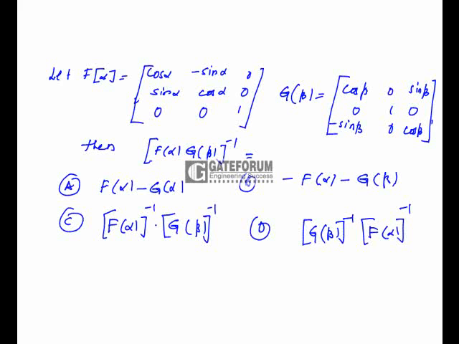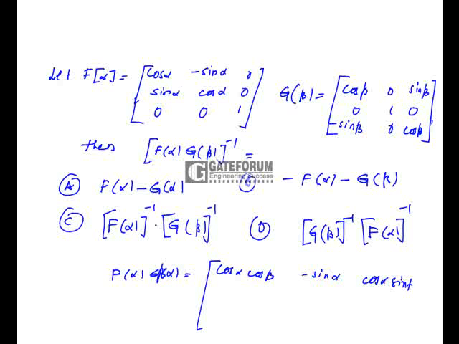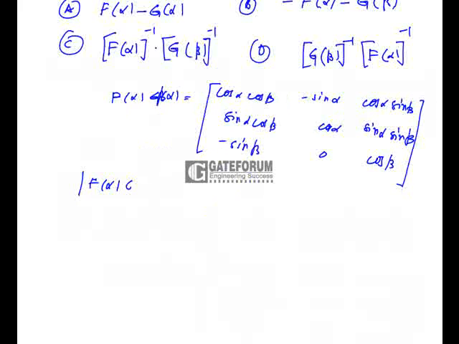The functions are f of alpha and g of beta. Now we have to check f of alpha into g of beta whole inverse is how much. Now f of alpha into g of beta will be nothing but cos alpha, cos beta minus sin alpha, sin alpha to cos alpha sin beta and sin alpha cos beta, then cos alpha, then sin alpha sin beta minus sin beta 0 cos beta, whereas the determinant of f of alpha into g of beta will be